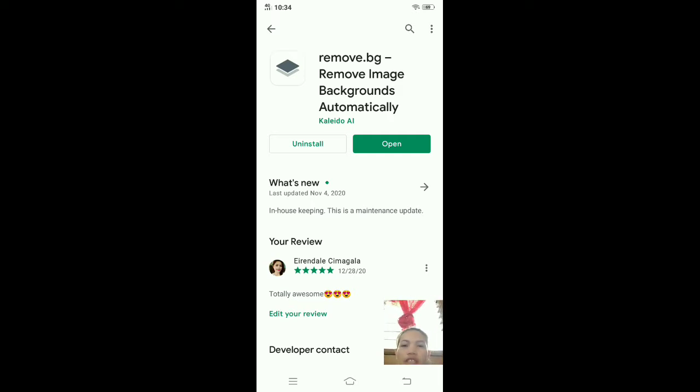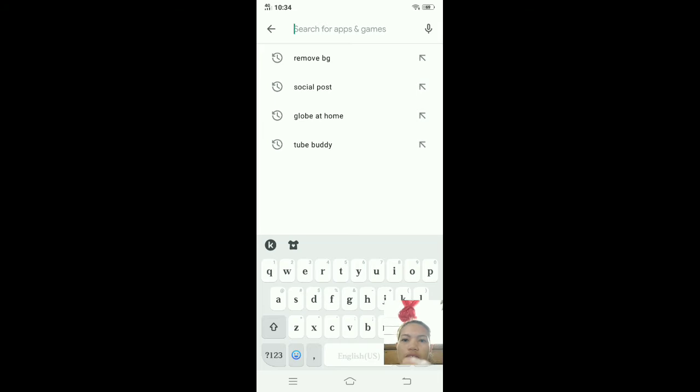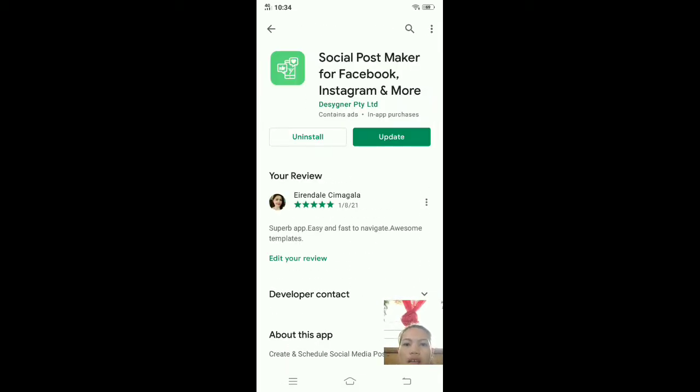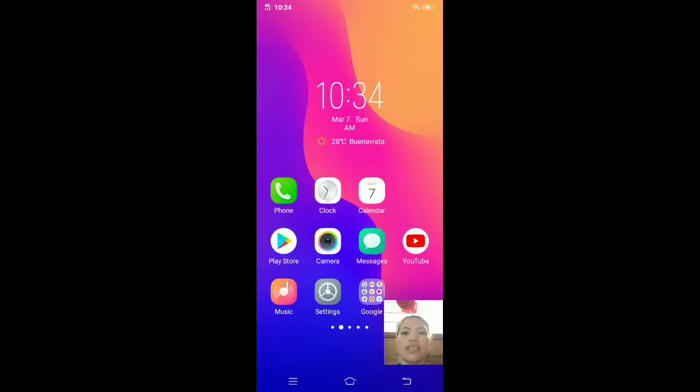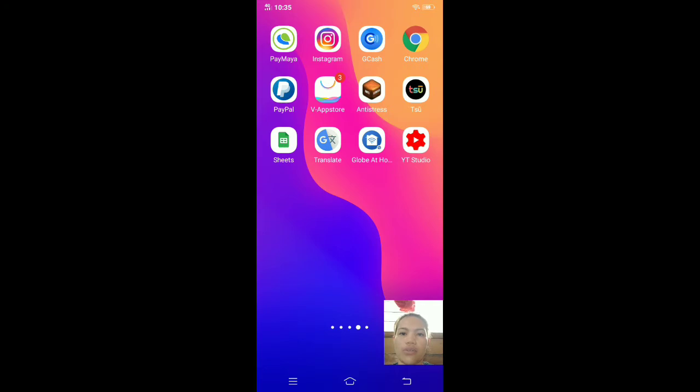So after you downloaded this application, you go to another app, Social, we call this a social post maker for Facebook, Instagram, and more. I have here my review, superb app, easy and fast to navigate, awesome templates. After we are done downloading these two applications, now let's go to first